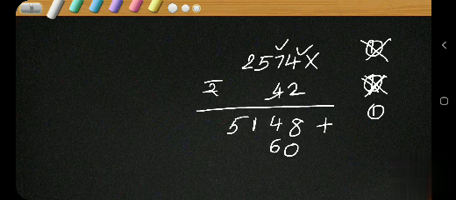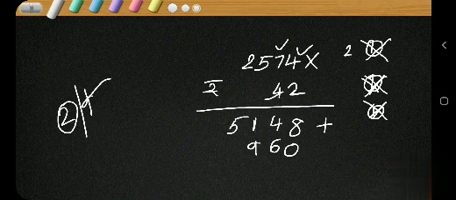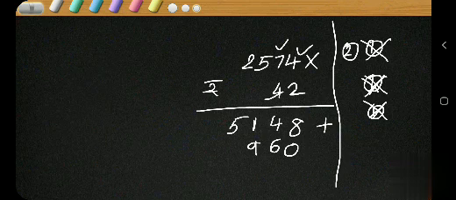Okay, 1 minute. 4 fours are 16. 16, 6 here. Balance 1 in the working column. Now we are multiplying. 7 fours are 28. Can we write 28? No, 1 is there in the working column to be added. So 29. Can we write 29 as such? No. 29 is 9 here and balance 2 again in the working column, isn't it? Now we have to multiply 4 into 5, isn't it? 4 5s are 20. Can we write 20 there? No. Plus 2, 22 is there to be added.